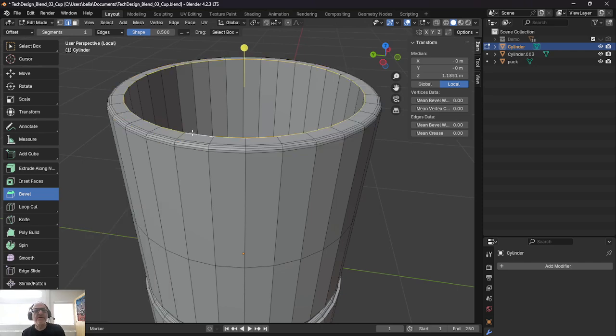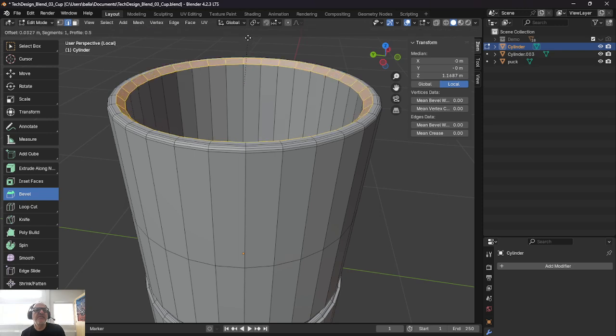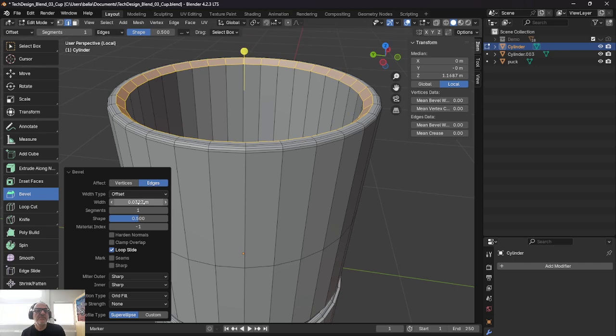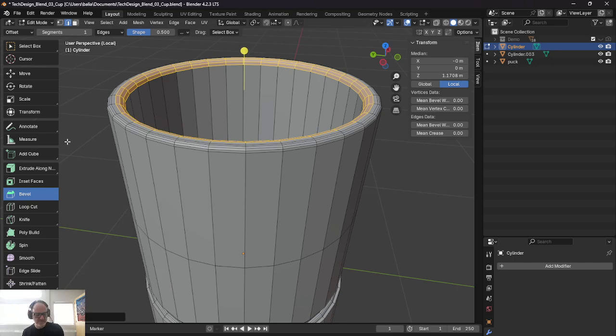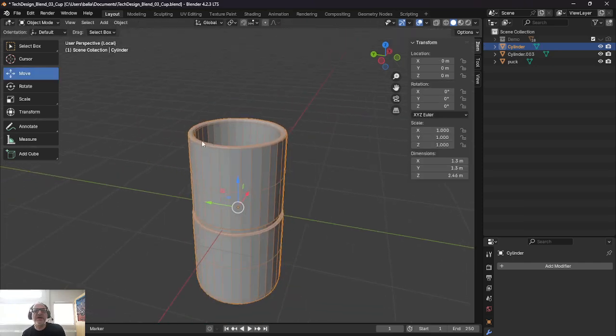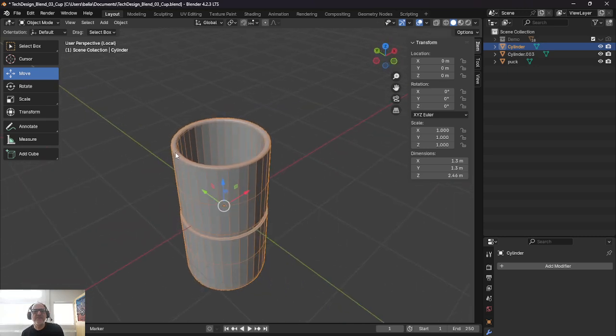I'll go on this side, Alt left click, and maybe I'll have more on this one. See, I'll go deeper here. See, 0.035, okay? And then I'll change this to 3 as well. Look how nice that looks. Tab. Okay, so everything at the end, when you're ready, I would suggest you duplicate the object, leave it as